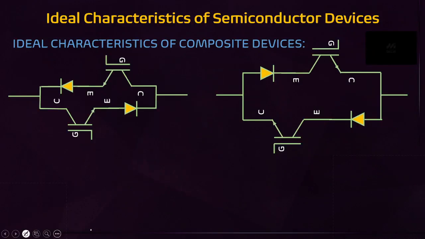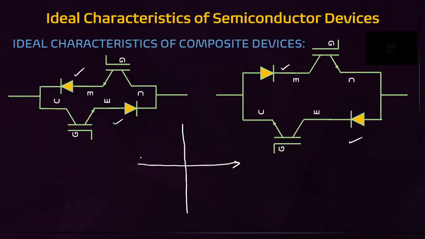Concentrate on the next devices. These devices are easy to remember, friends. There is an anti-parallel connection. Here also there is an anti-parallel connection. Then these devices are used for 4-quadrant operation. That is, bipolarity bidirectional devices. Simply remember, this is I, this is minus I, this is V, minus V. Bipolarity bidirectional devices are mainly used in matrix converters. These are bipolarity bidirectional devices. These are also bipolarity bidirectional devices.